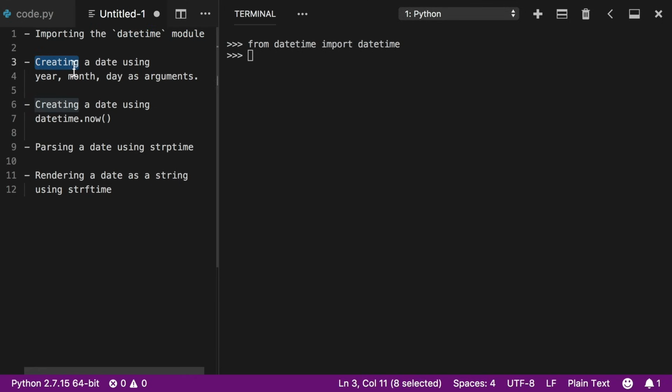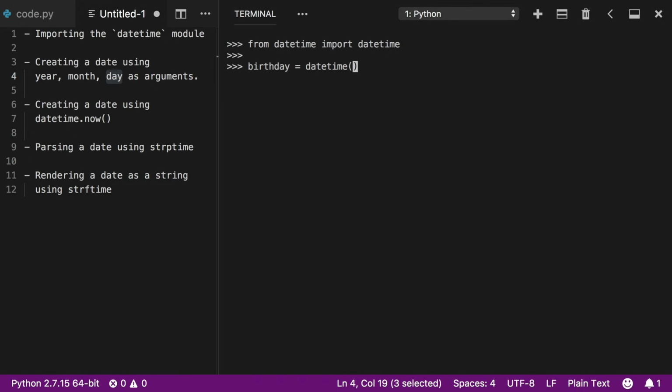Next, I want to show you guys how we can create a date using year, month, and day as arguments. So in order to create a day, we can actually use the datetime module directly. So for our sake, why don't we store our date in a variable called birthday? So we will represent my birthday inside of a variable. So I was born on February 15th in 1994. So if I wanted to represent that date here in our Python program, I can just say datetime just like that, and then an open and close parentheses. And inside of here, we can pass a number of arguments.